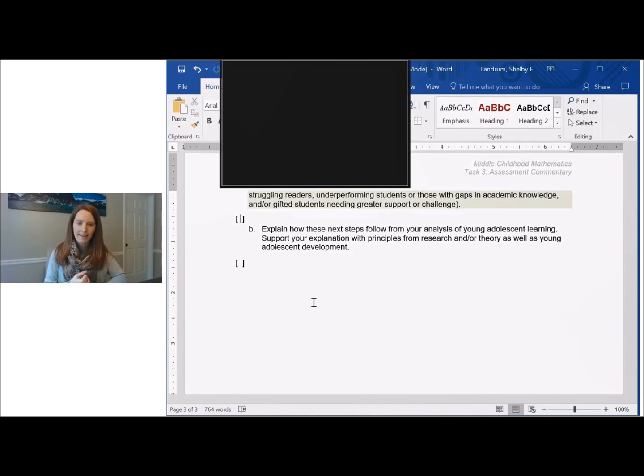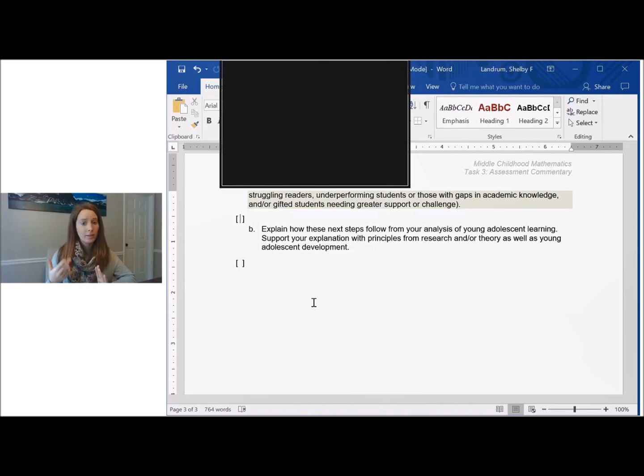Okay, a couple people have asked, like, what kind of research or theory can you add? I had the same question. What my program coordinator said was, this is not a research project. Okay, they are not looking for you to cite 18 articles and have a full, professionally done research paper. But they do want some sort of research or theory cited, which means you do need to have some scholarly article somewhere that is